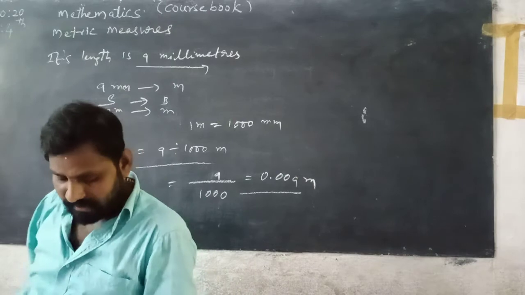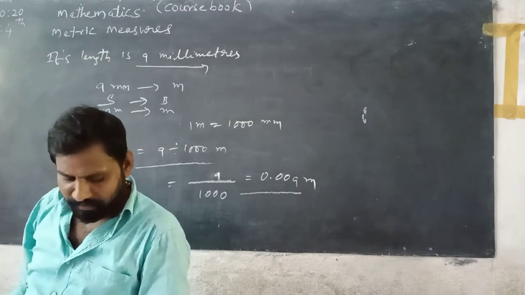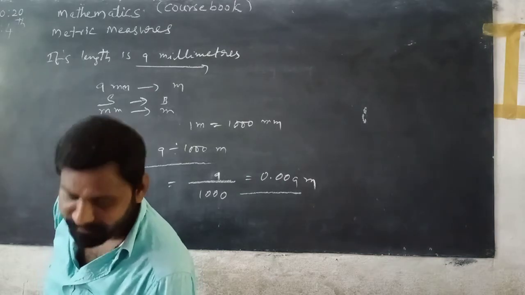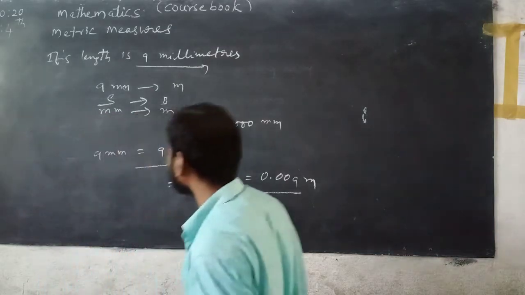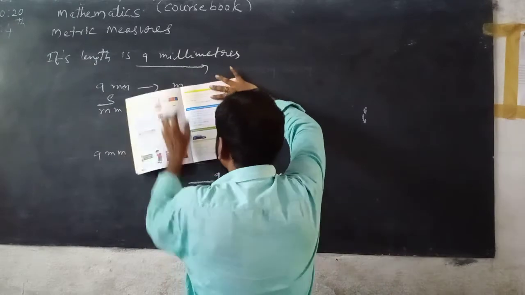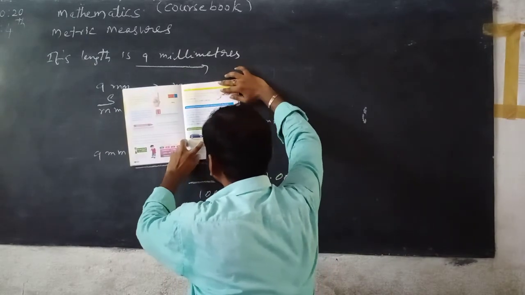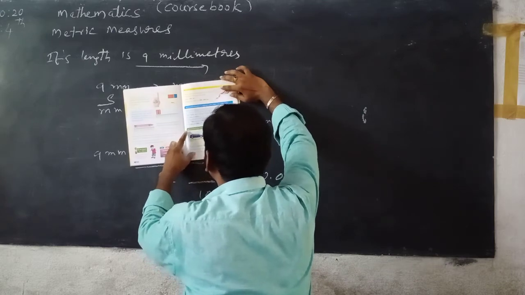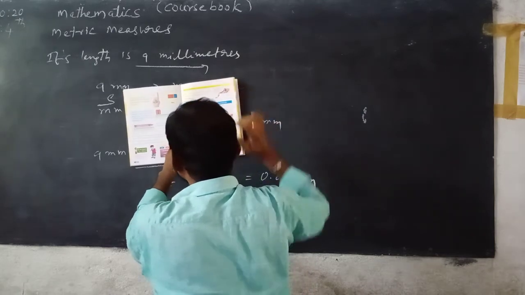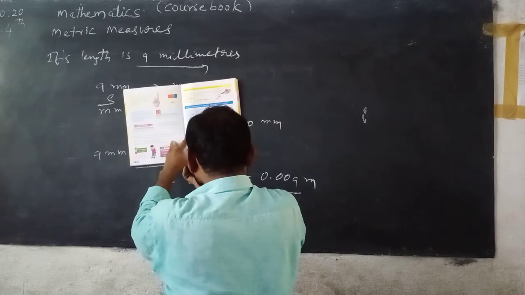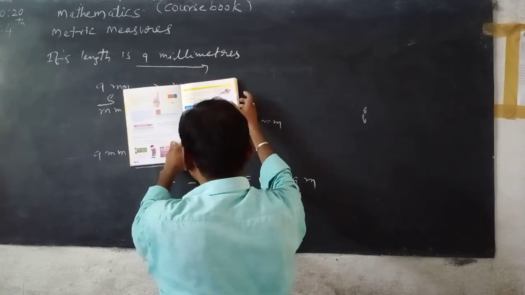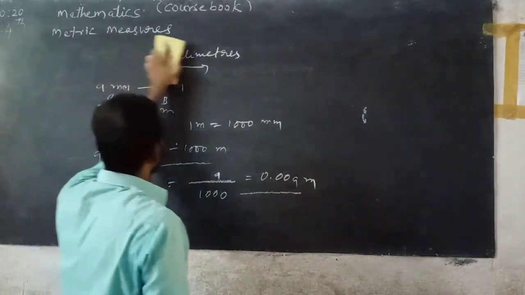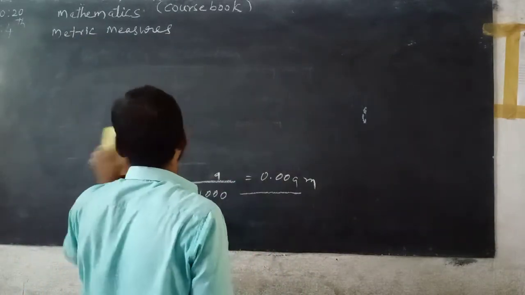Now next, let us measure the toy car given below. See here, the toy car, its length is 5 centimeter and 3 millimeter. The length of the car here given in your course book: 5 after how many divisions? How many parts? 3 parts. Means its length is 5 centimeter and 3 millimeter. So its length in millimeter can be written as 5 into 10 millimeter and 3 millimeter. Listen carefully. What is the length of the toy car?